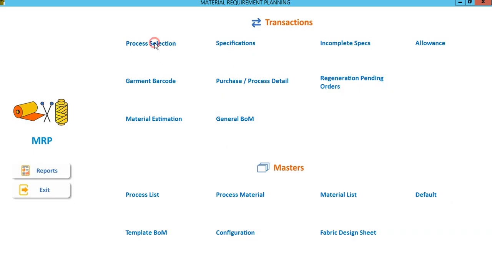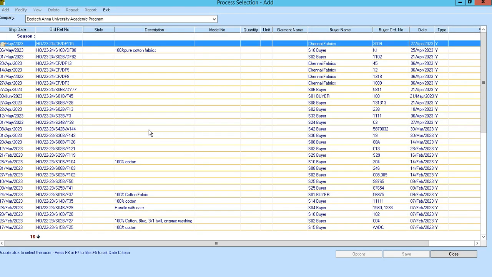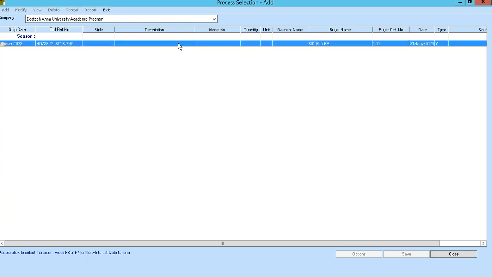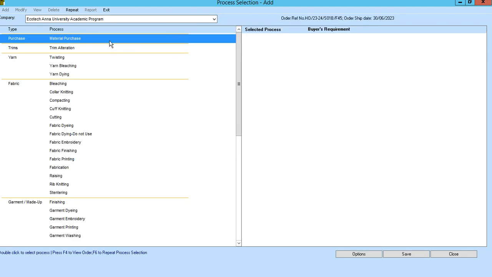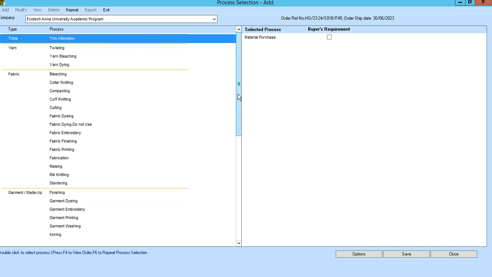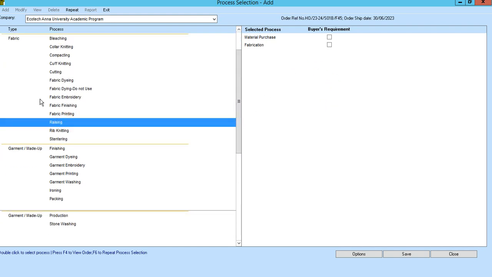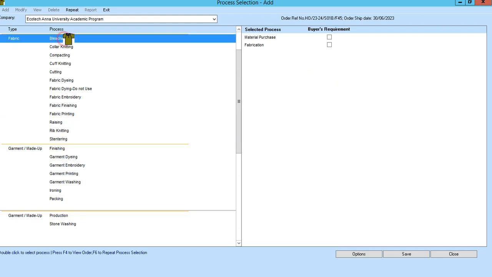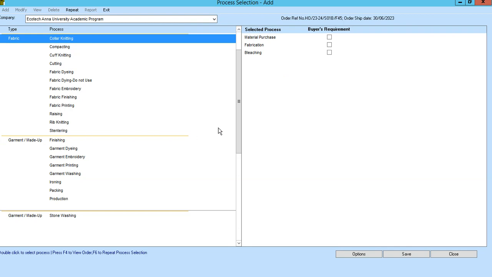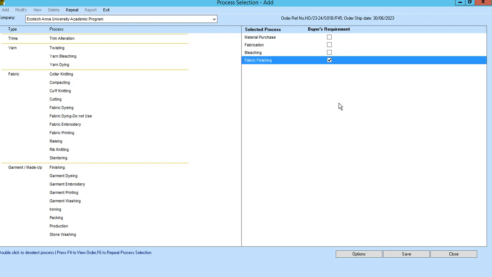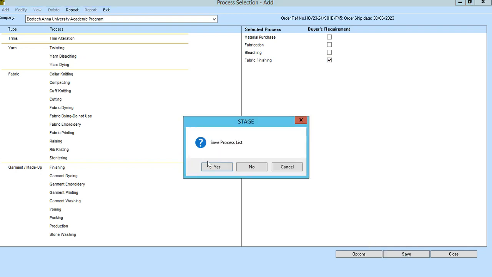MRP, process selection, add F8, F45, filter, double click, choose material purchase. So purchase of yarn, then we do fabrication, then we do fabric bleaching, then we will do fabric finishing. So the last process is fabric finishing. So the output of the last process is buyer's requirement. Okay, save, process selection is saved,